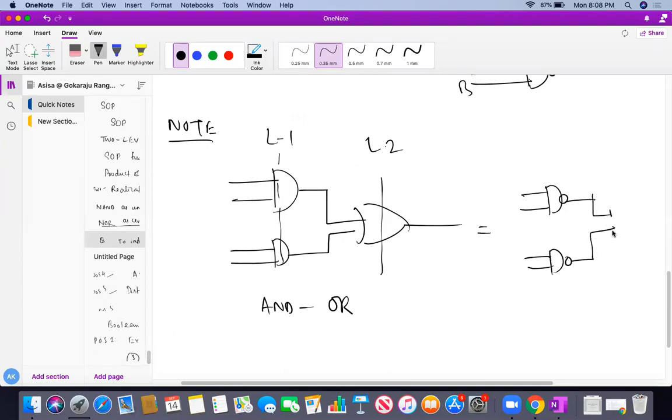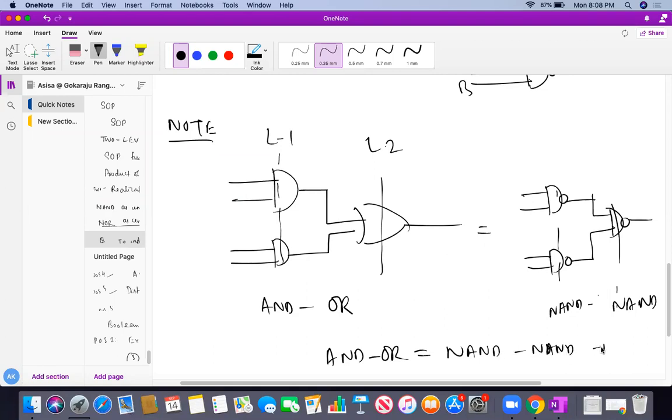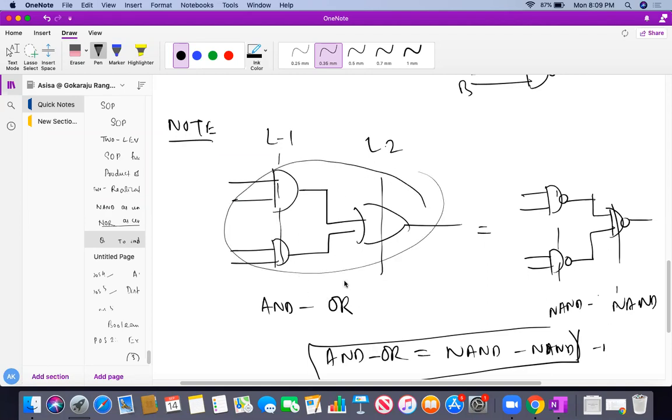Okay, which is nothing else. So this is also level 1 NAND gate, level 2 NAND gate. So AND OR realization is equal to NAND realization. Do you all understand? So very important, NAND realization. This is the takeaway point here. So what you have to do is try to express SOPs in the form of AND OR realization, so that whatever number of AND gates and OR gates are required, that many number of NAND gates are required to design it. So this is the takeaway point.